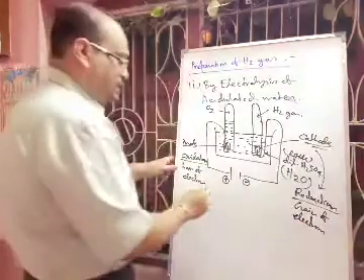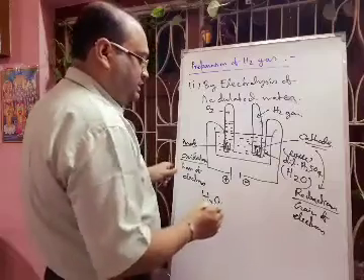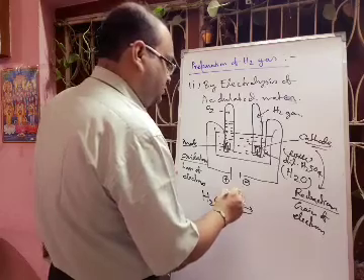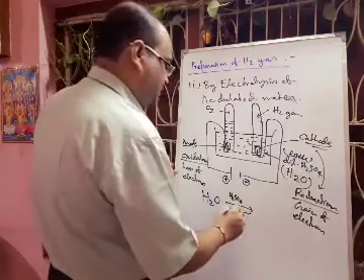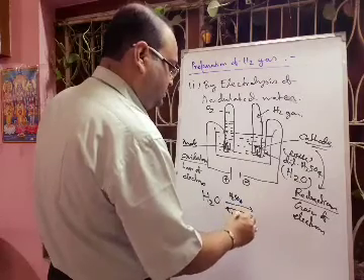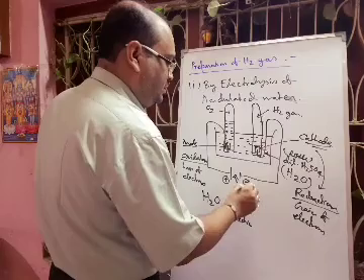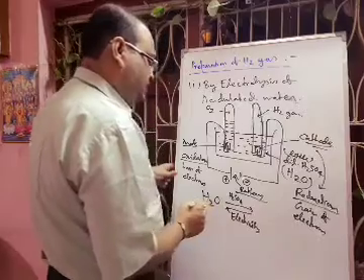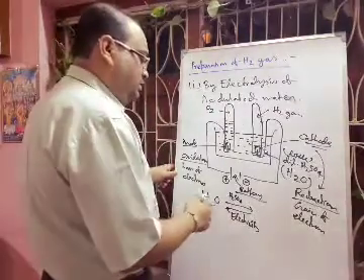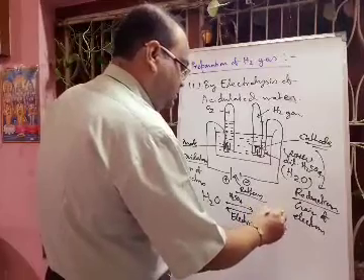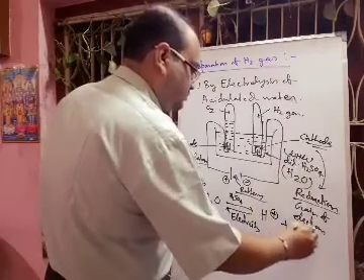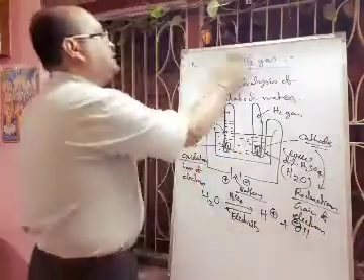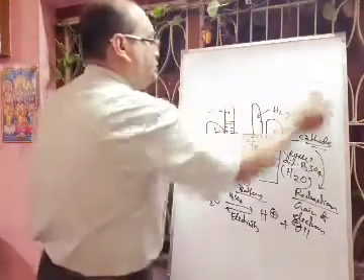Now water is a bad conductor of electricity. If we add a little acid, that is the dilute H2SO4, and we pass electricity, here we have taken one battery, so this water will dissociate into H+ and OH-. Next here we will show the reaction at the cathode and anode.